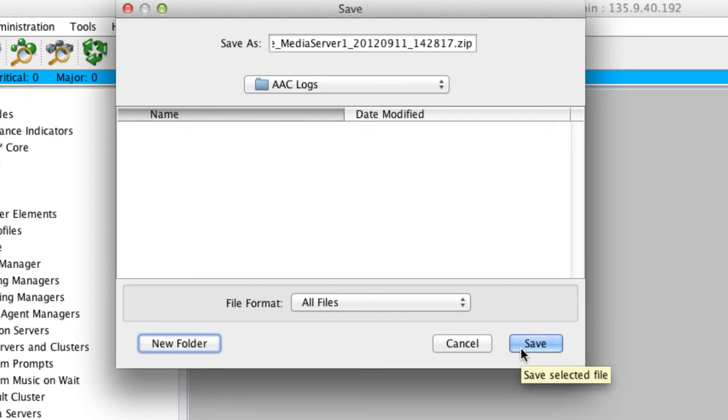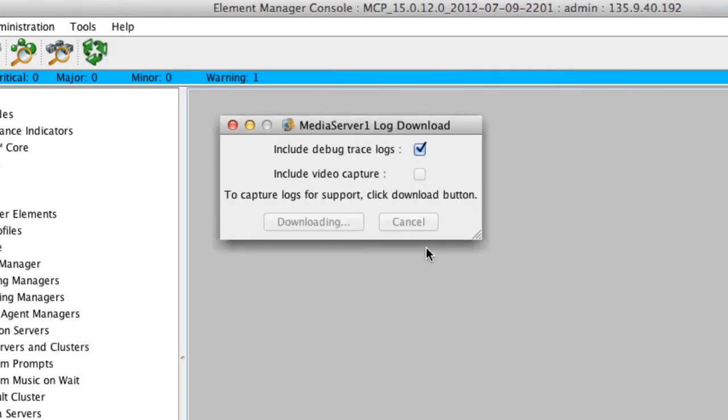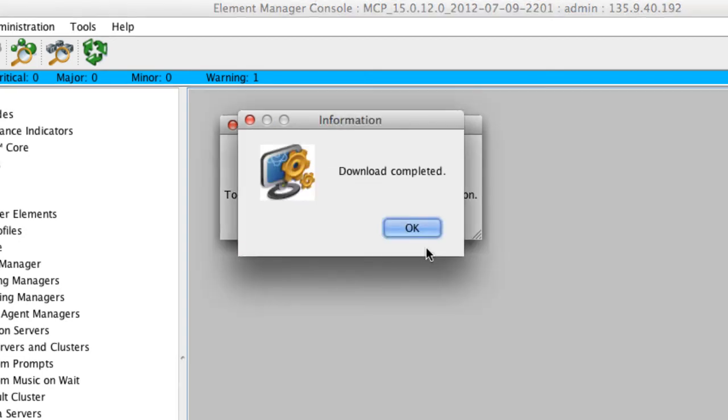Now depending on your connection to the server and the amount of data being collected and downloaded, the download process itself may take a couple of minutes. However, just wait for the downloading button there to change its status. And once the download is complete, you should receive a Download Completed dialog box as you see here on the screen. That should indicate to you that the log has been successfully downloaded to your PC in the folder that